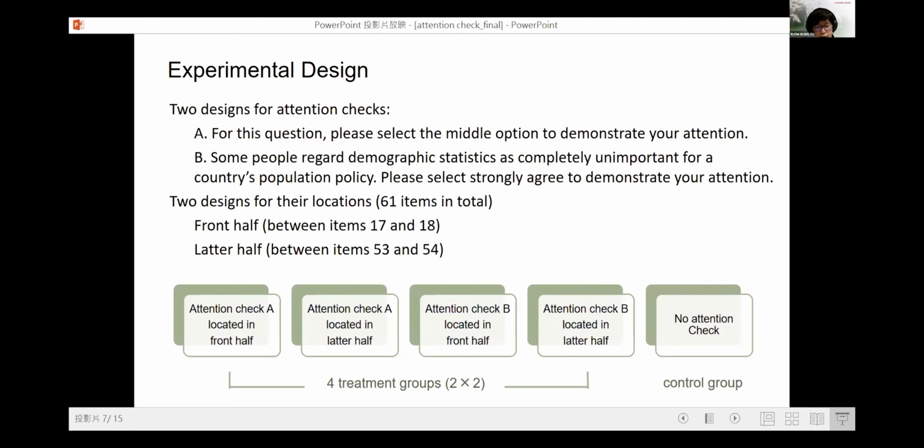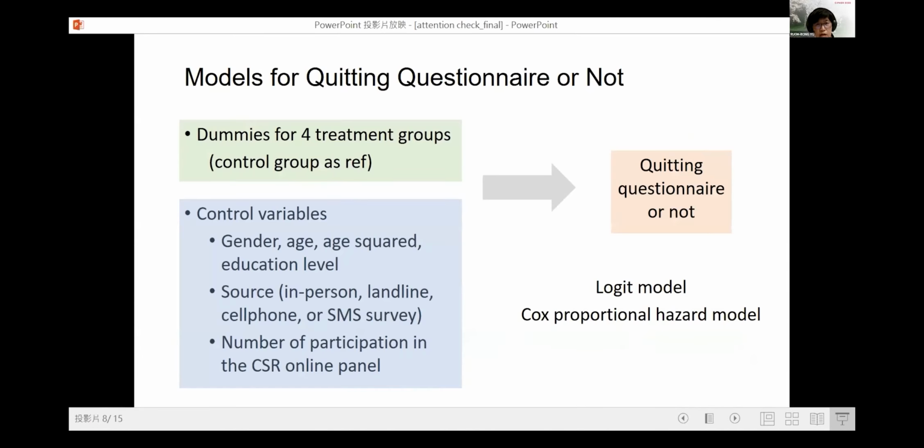So our purpose is to analyze if the question and location design of attention checks matter for the subsequent behavior of respondents. The first behavior is whether the respondent drops out of the questionnaire or not. The dependent variable is whether the respondent quit the questionnaire, and our key variables are the 4 treatment groups with the control group as the reference group.